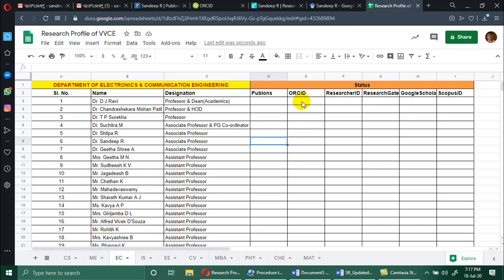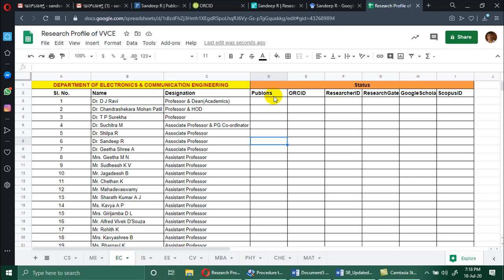Okay, now I have created the profile in various platforms, and I'm sure that all of you would have created the profile in various platforms. Mr. Sabyasachi has already taught you how to create the profile in Publons. Following the similar procedure, you can create your profiles in different platforms. Once everything is ready, open the spreadsheet and then let us enter the data one by one.